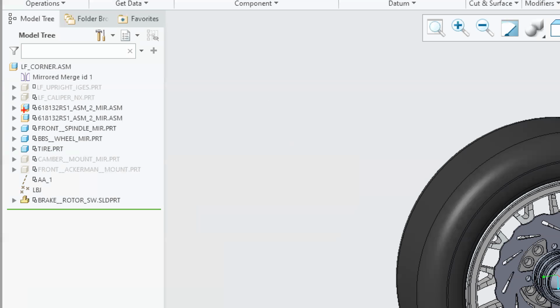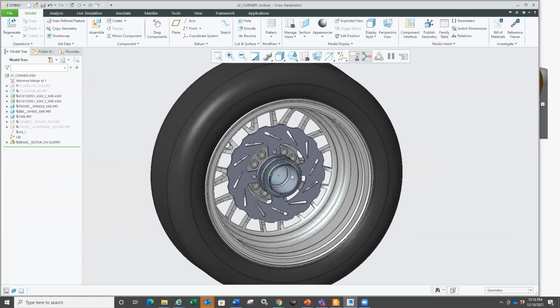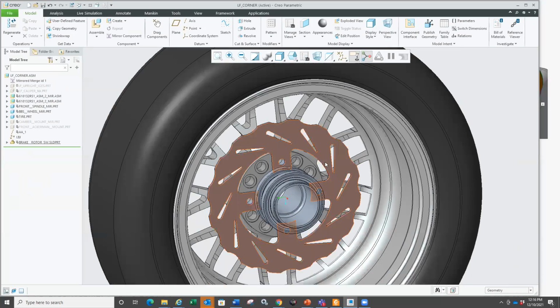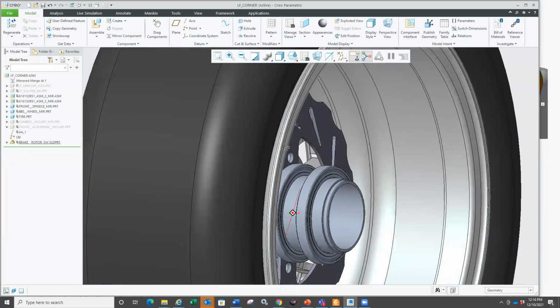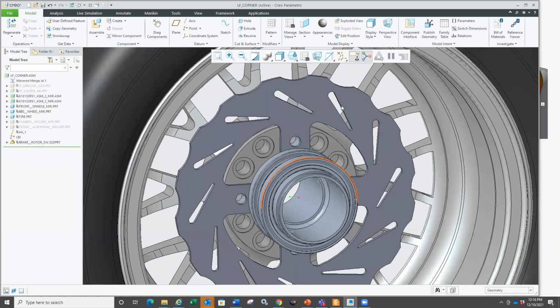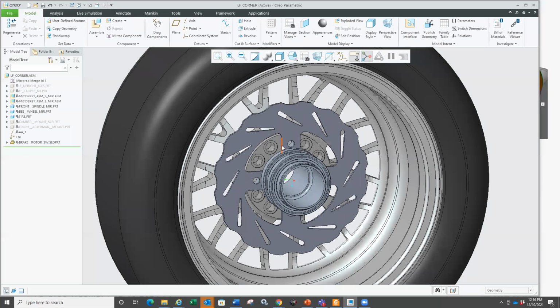And right now I have what I would call a cross-platform design intent type of scenario, where I have files from NX, I have files from an IGES file, I have Creo files, I also have a SolidWorks file in here. And now let's say I'd like to make a change to it, or I'd like to do some feature recognition on this, right? It's a simple part, right? Obviously, it's not a very complex part. It looks like a straightforward part, but I'd like to identify the pattern of the holes, the pattern of these cuts in here, right? That's when I can make use of the FMX capability